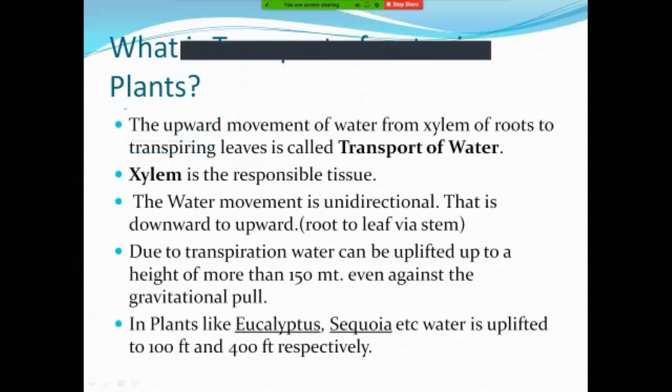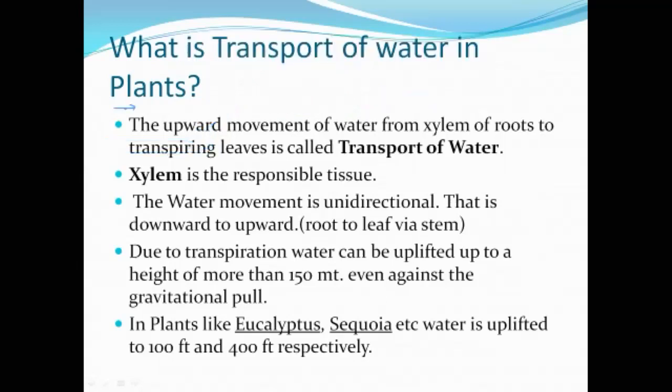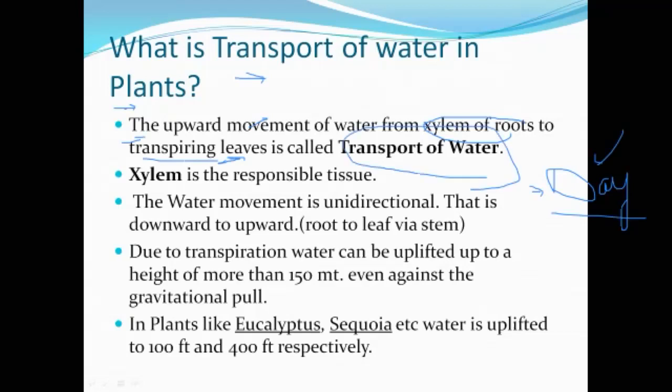So we were on the transport of water. The upward movement of water from the xylem of roots to the upper parts, mainly the leaves which are in a state of transpiration, means during the daytime. The maximum transport of water occurs during the daytime. This definition clarifies that, because transpiration occurs only during the daytime. That's why the transport of water also occurs mainly during the daytime. 95% of the water transport